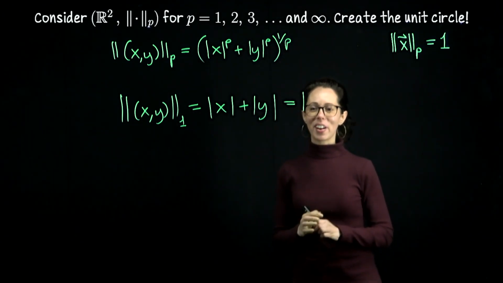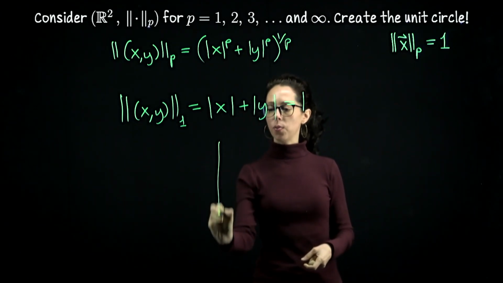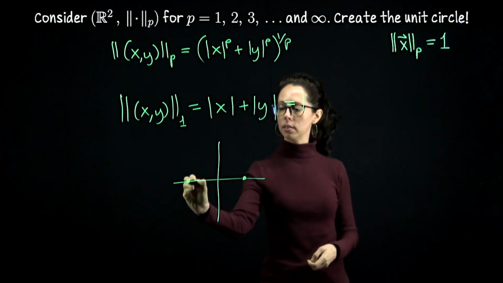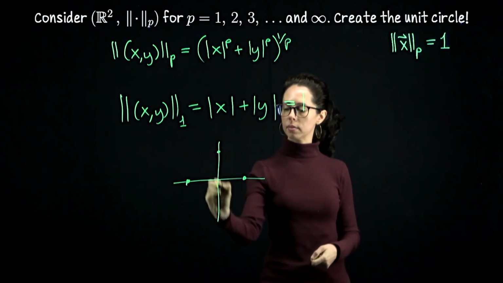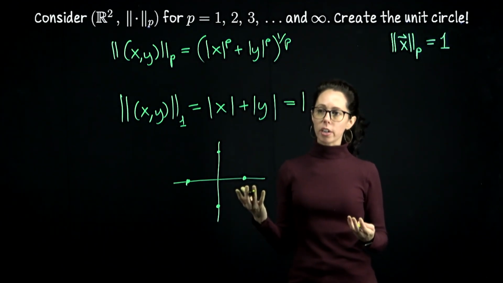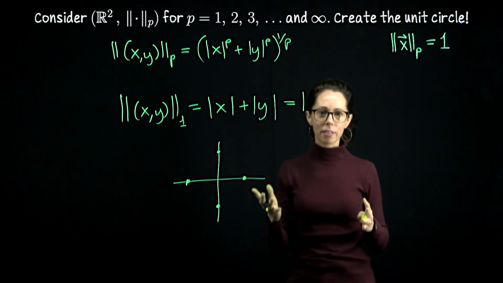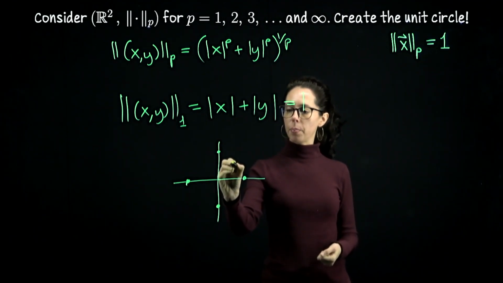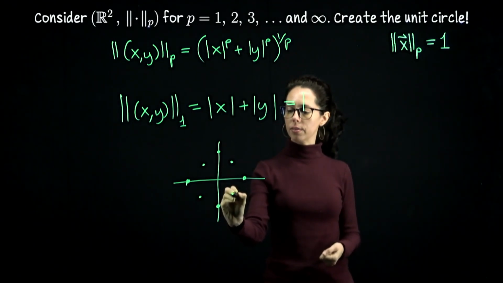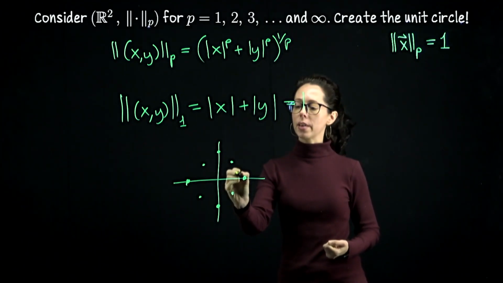The easiest points to recognize are combinations of 1 plus 0 and 0 plus 1. That gives us 4 points along the axes. So x is either plus or minus 1 or y is plus or minus 1. Then you could just start coming up with other sums that would work, like 0.5, 0.5 with plus or minus either coordinate, right? Because we have absolute values here, so both positive, x negative, both negative, only y negative. You would get that, and at that point, you might have been done. Or you could do something like 1.75, 0.25,